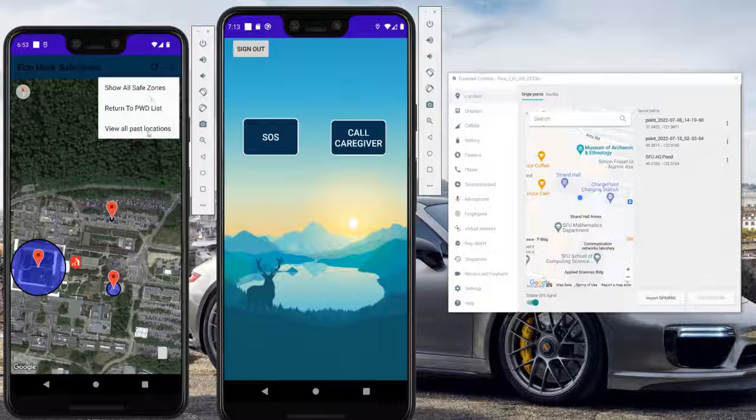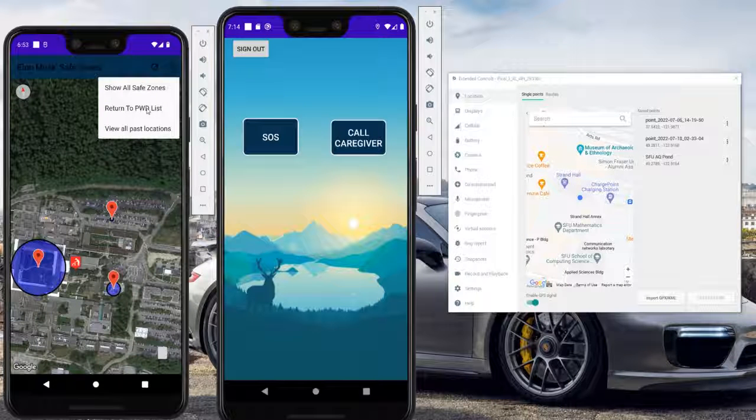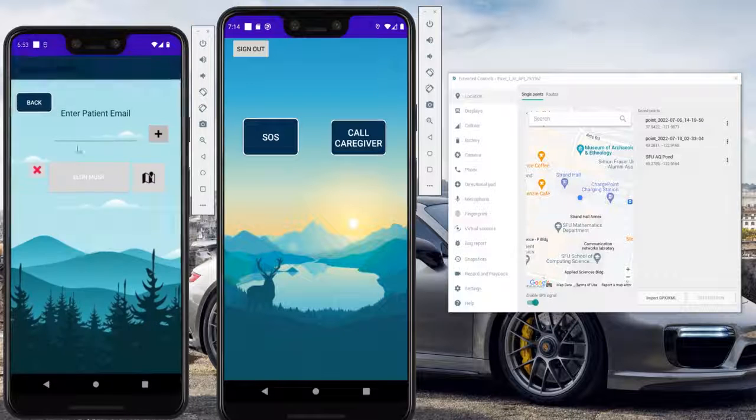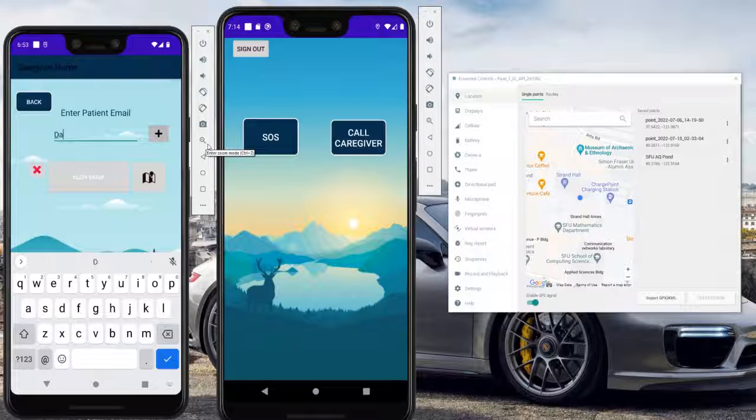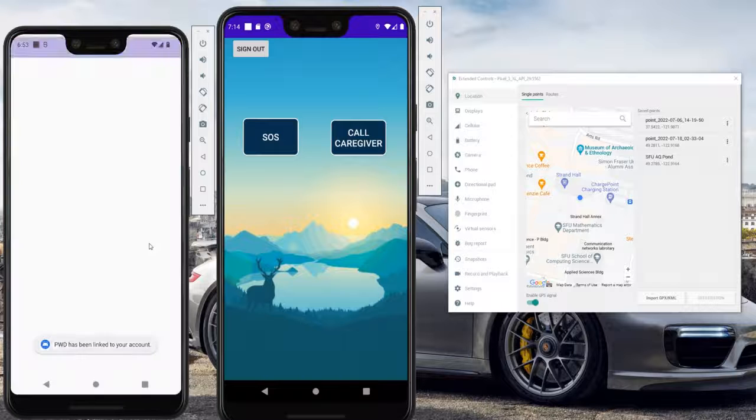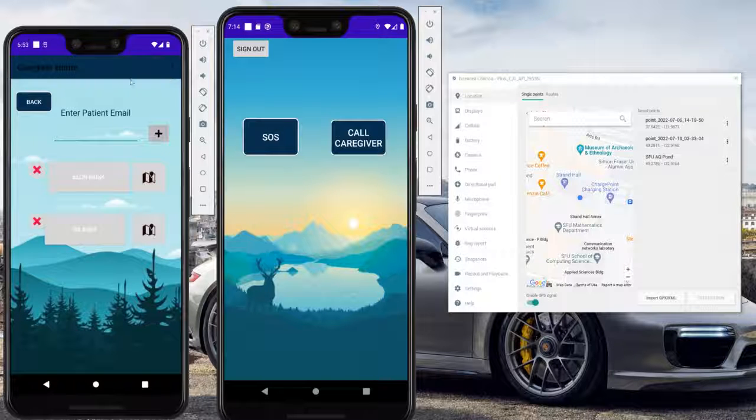And then from here we also have the option to see all of the past locations that the PWD was in, and we can also get an overview of all of our safe zones. We can also return to our list. From here we can also add more PWDs if needed. This is another account we have, and we can see here this user has the same safe zone set up. And if we're ever finished